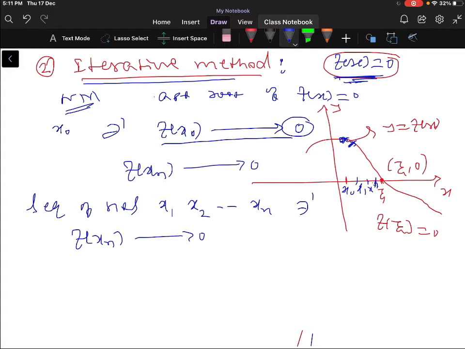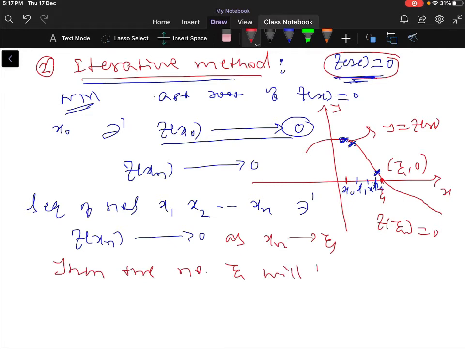Let us take xn here. When f of xn, this point we can plot f of xn here. As xn approaches to xi, then the number xi will be the limit of the sequence